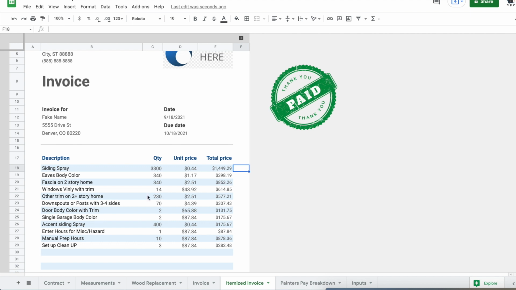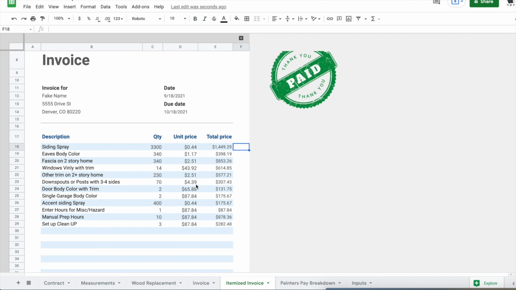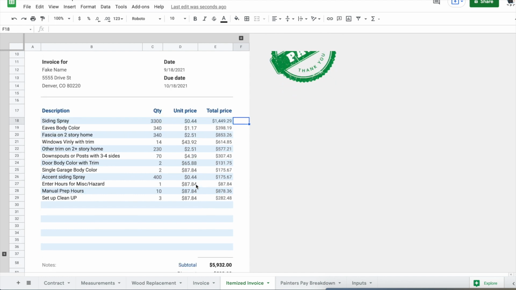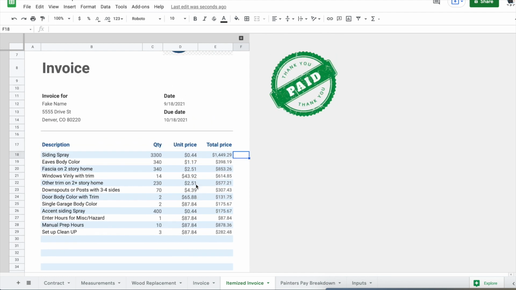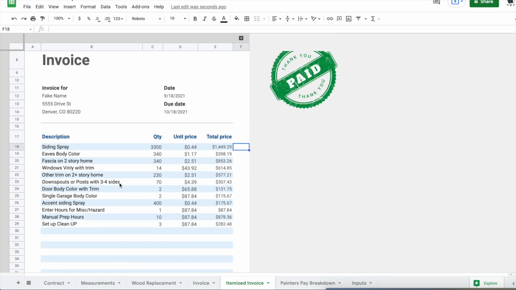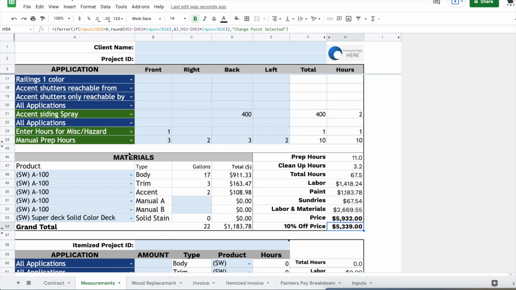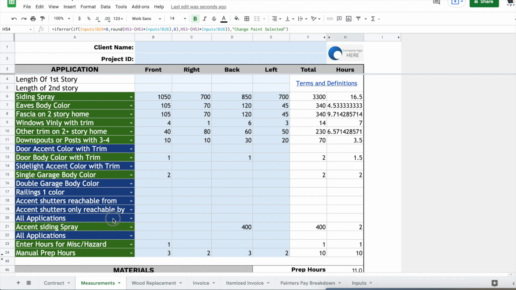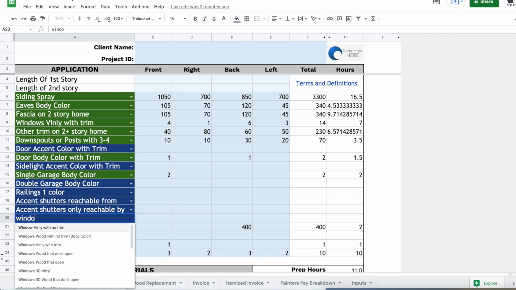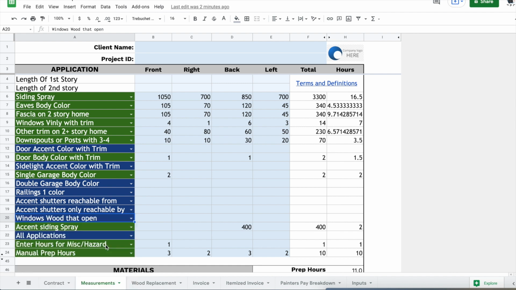And that's the only time I really use this one, is when they specifically request it. If you want to use one like this because you think it looks more professional and you want to show the homeowner something like that, go ahead and use it. And what's really nice about this is you can see it outlines all these things. And if I come into the measurements right here, see we've got 29, and I add something new, like let's come into this one, we'll put some kind of window, say wood windows that open, and I'll put a couple